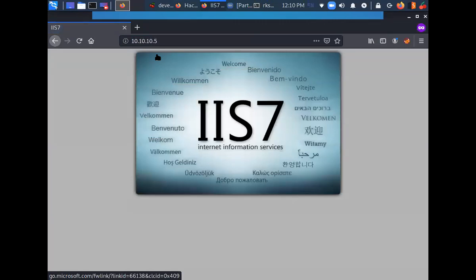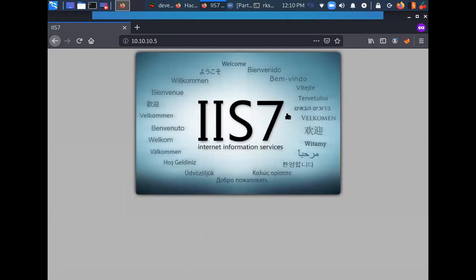When I open this IP address in the browser, what I see is some kind of a default IIS page. So it's a Windows server, an IIS server.